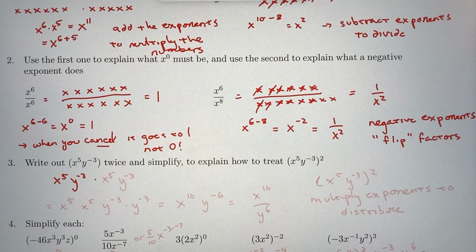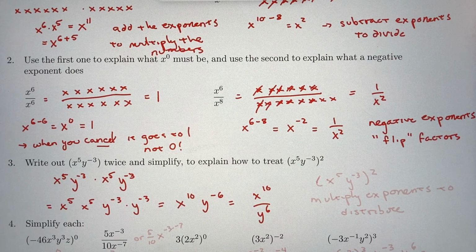Next, we're going to take and multiply something out twice. Why are we allowed to rearrange the terms so that the x's are near each other? Because multiplication is commutative. Add the exponents for the x's, add the exponents for the y's,